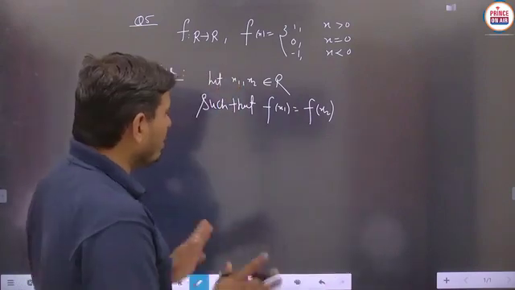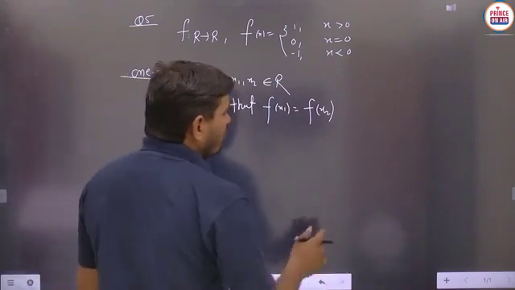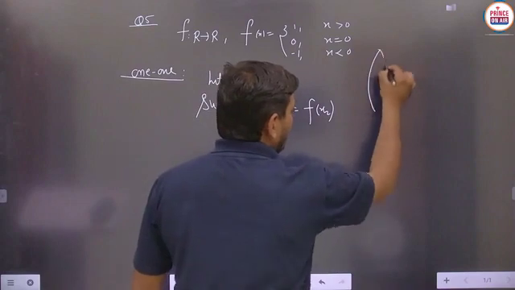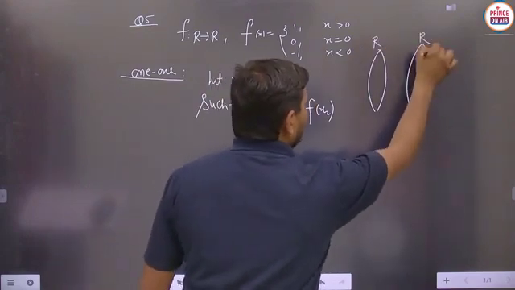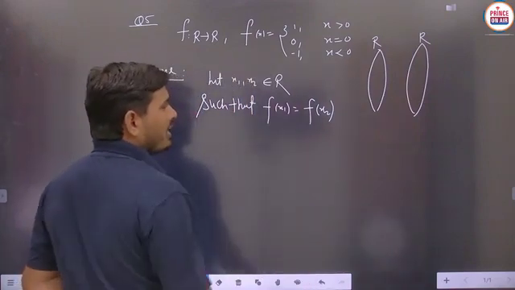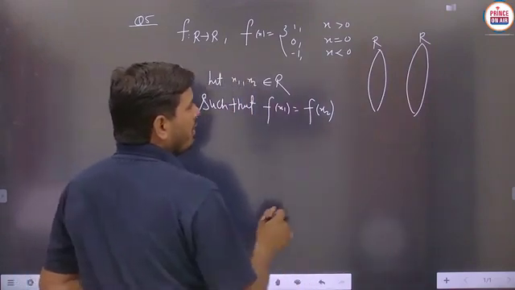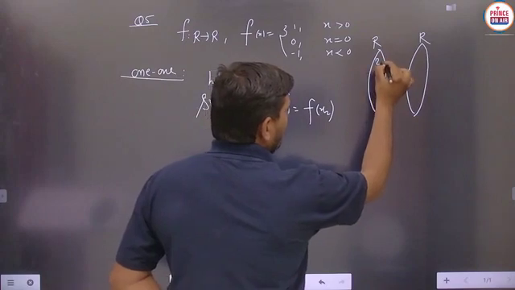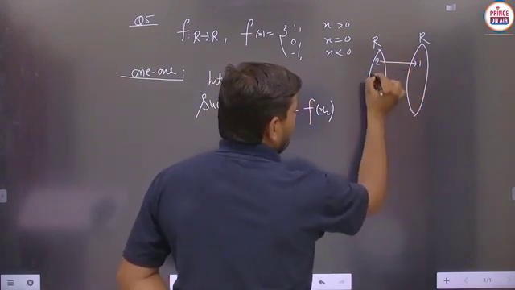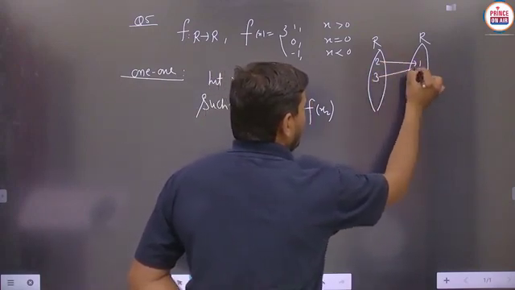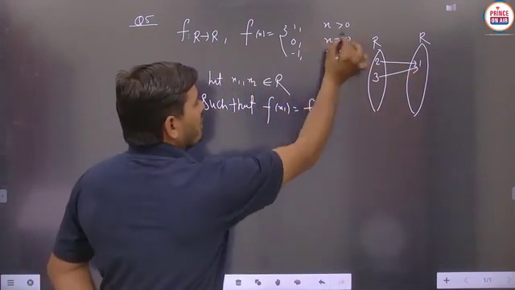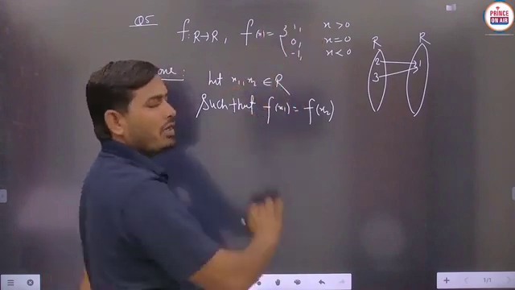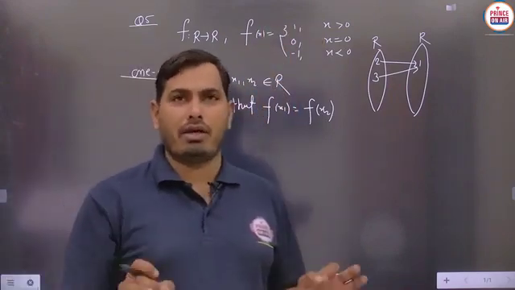So basically in this case, suppose we have to make this particular mapping for this function from real number to real number. Whether we are obtaining x1 equals x2 or not, we have to check this part. Suppose we take 2, then the answer is obtained as 1. Suppose we take 3, then again the answer is obtained as 1, because for all positive real numbers the answer of this function is obtained as 1 only. Is it clear?